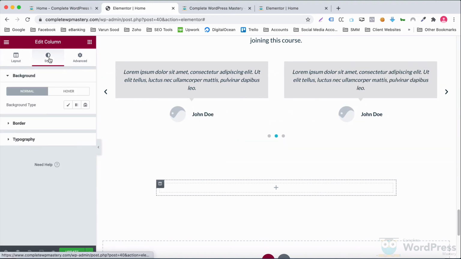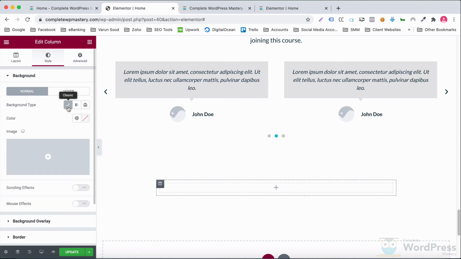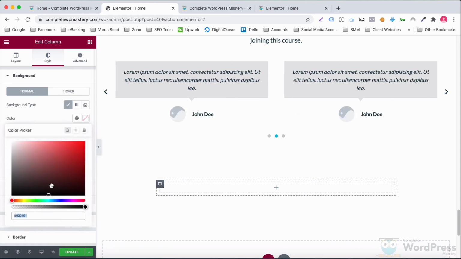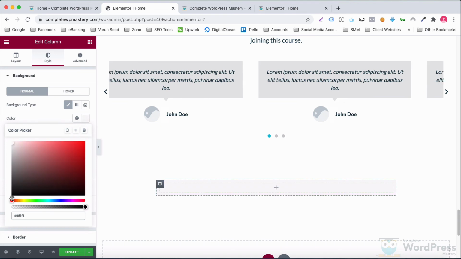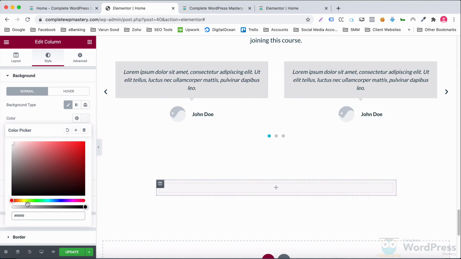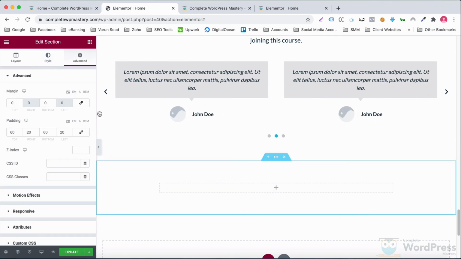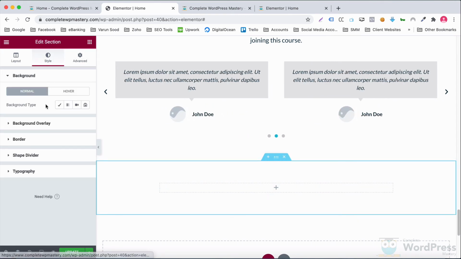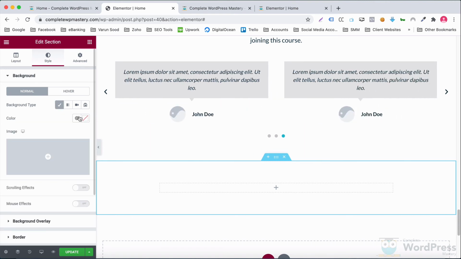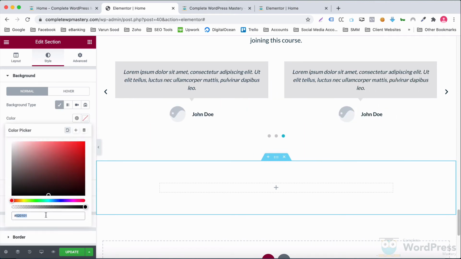Let's now have a background color for the section. Oops, sorry for that. I am inside column settings. Let me open section settings. I'll have this color for the background.